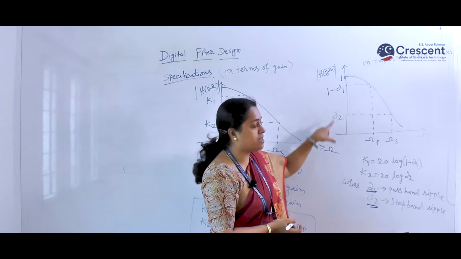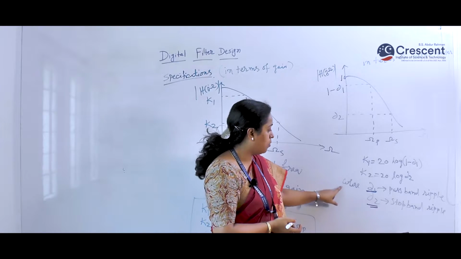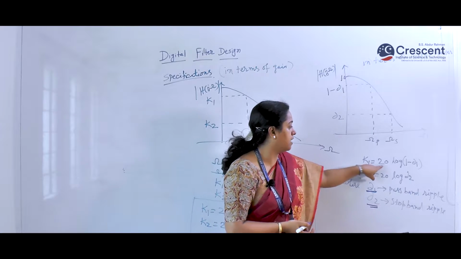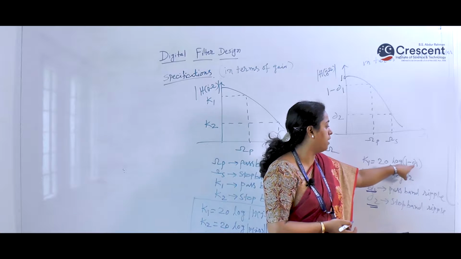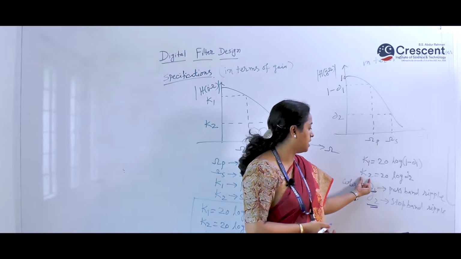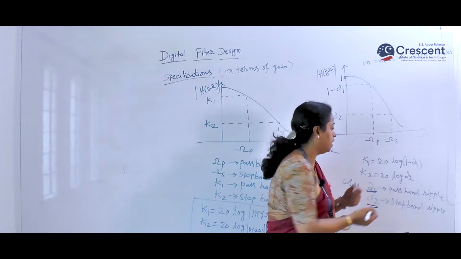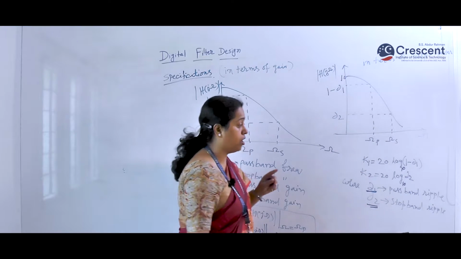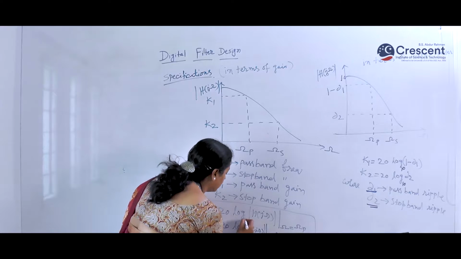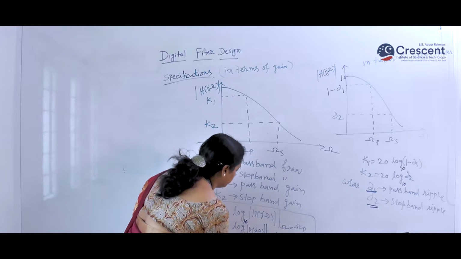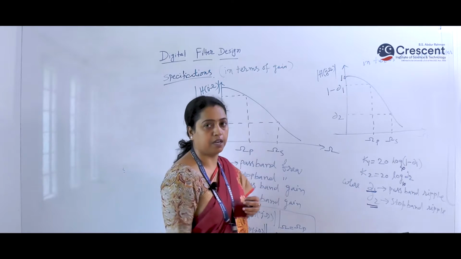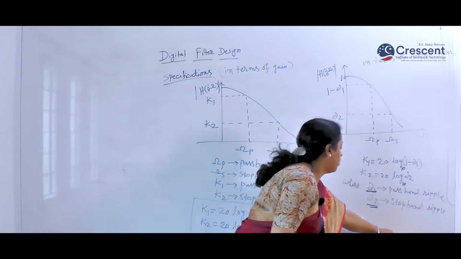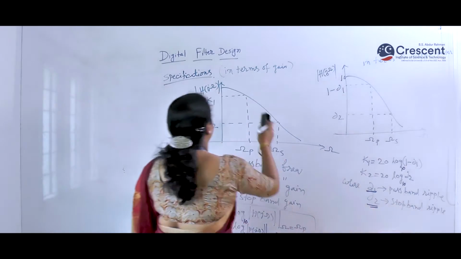Now if we express this in terms of dB, this K1, the gain in passband, is given by 20 log of 1 minus delta 1, whereas K2 is equal to 20 log of delta 2, where the logarithmic base is 10. Next we are going to see the specification of digital filters, IIR filters, in terms